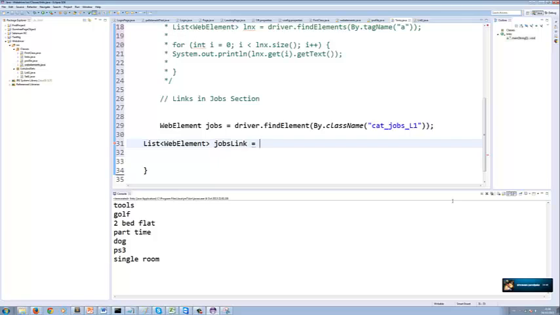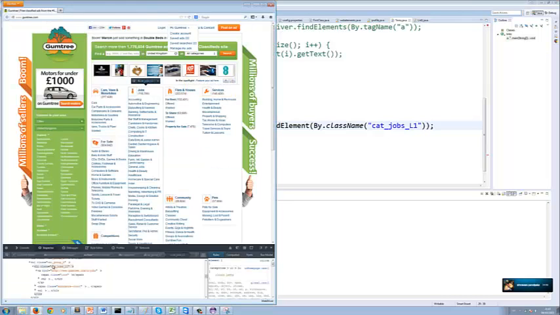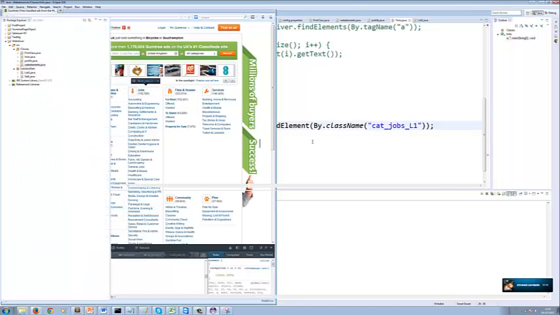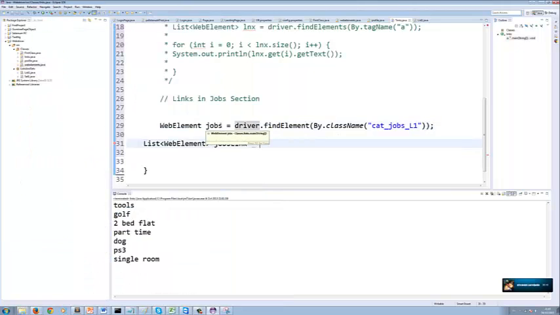instead of saying driver dot find element, what is driver? What did I say about driver? Driver is nothing but your browser, your complete browser is called as driver. Now I'm saying I don't want the complete browser, I only want the jobs section. We already have the jobs section. What is it called? Jobs, isn't it? So I'll say jobs